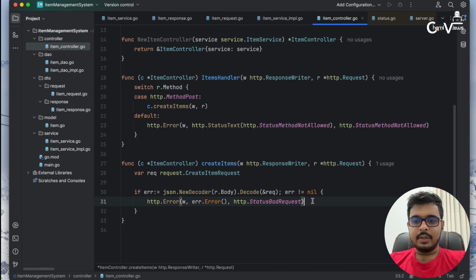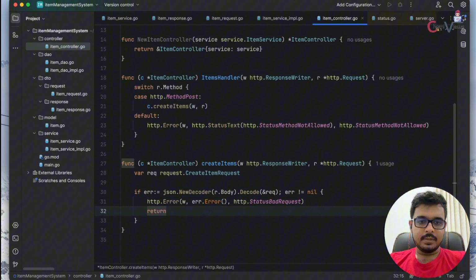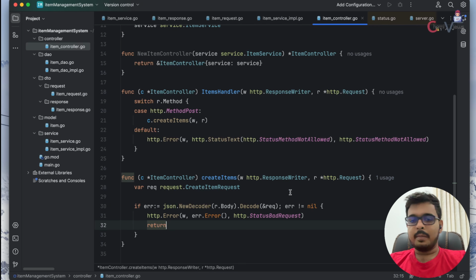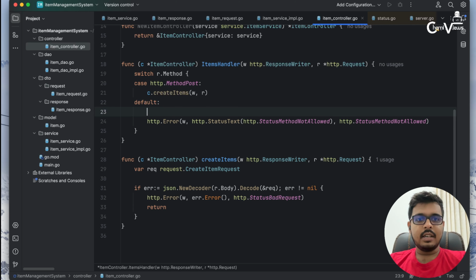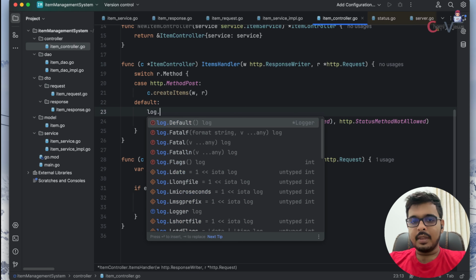After that, we do not want to continue this function, so I will return this. And also, one thing I want to mention here is that we want to maintain logs. That is a very important thing, because by looking at the backend service logs, we can identify errors if we put them in. As an example, in here,